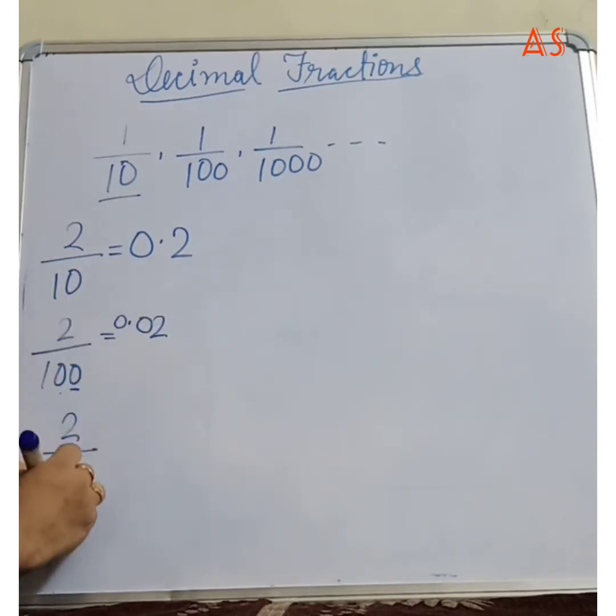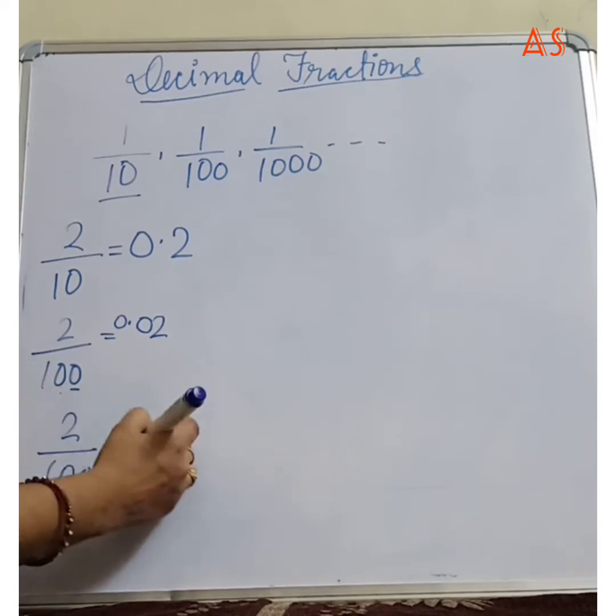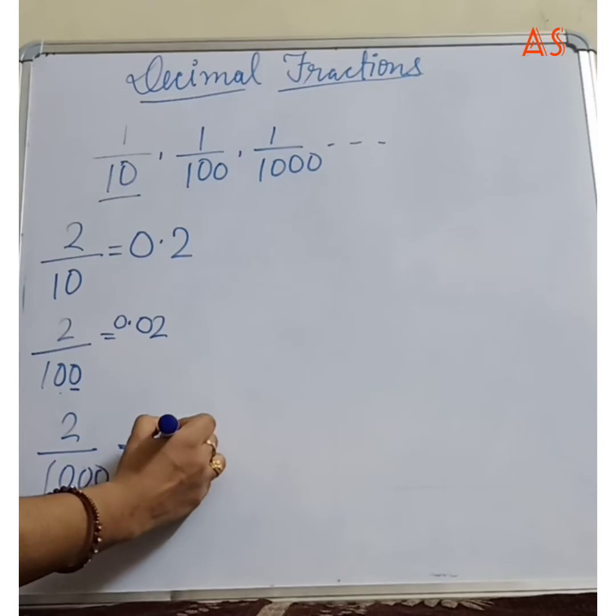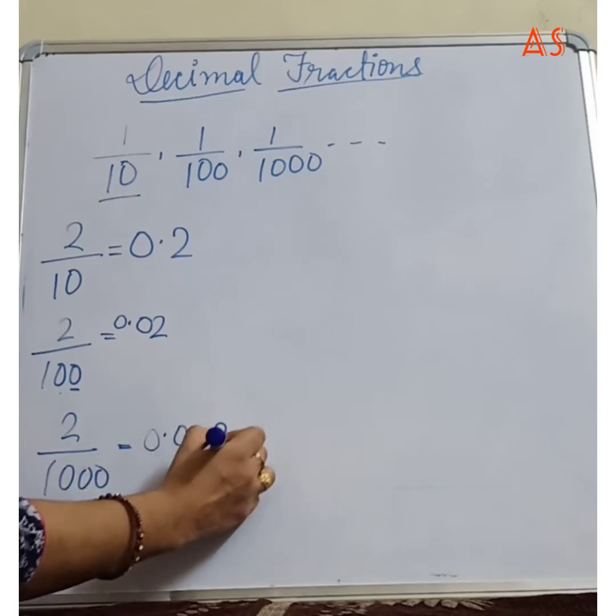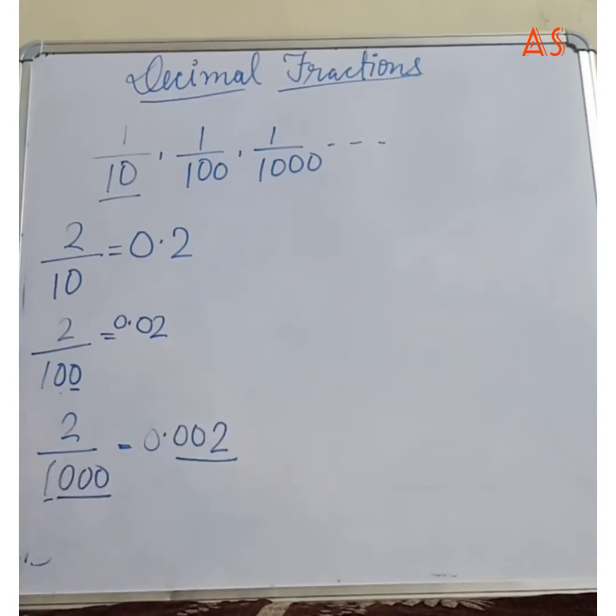Suppose 2 upon 1000. Again we don't have any number to keep here. 1000 means 3 places, but we have only 1 place. How do we shift our decimal? We can insert 2 zeros ourselves to complete our places. Places should always be the same. If there are 3 zeros in the denominator, then you have to keep 3 places in the numerator's answer. So 3 places, 0.002. Now 3 places are complete. We will not count this one, we will count our 0.